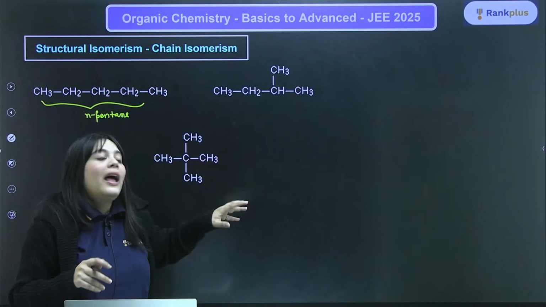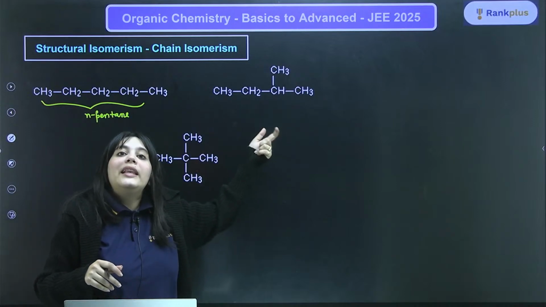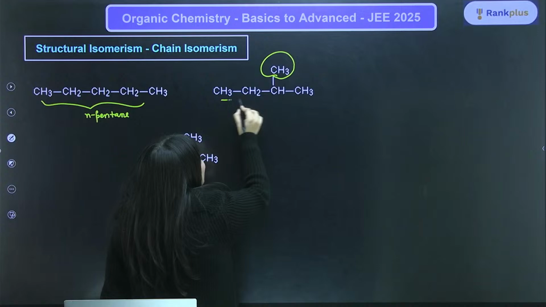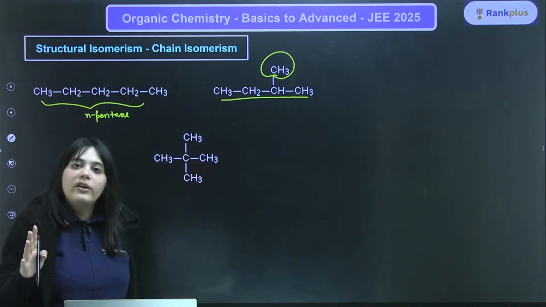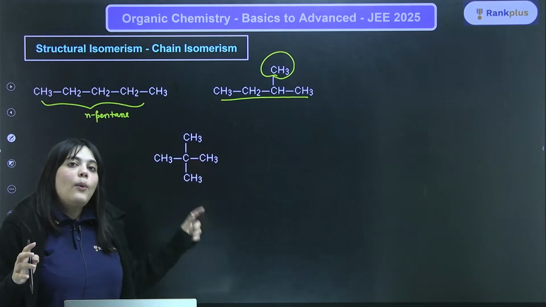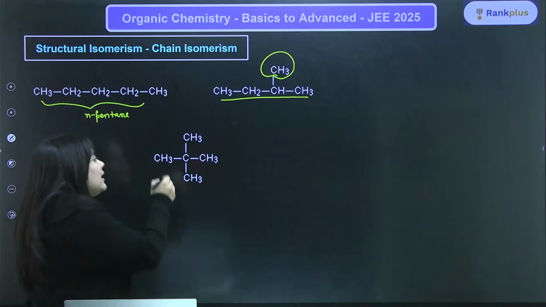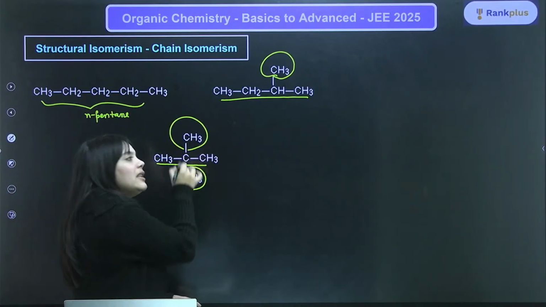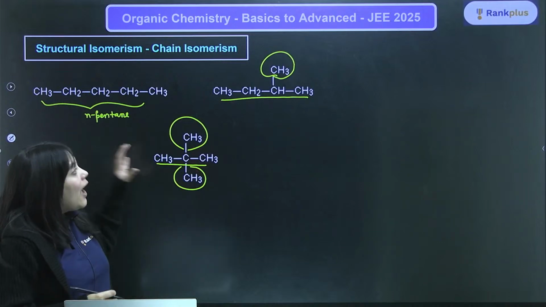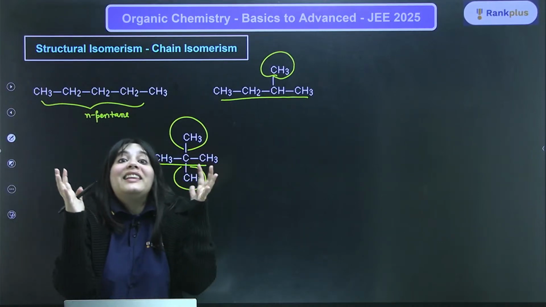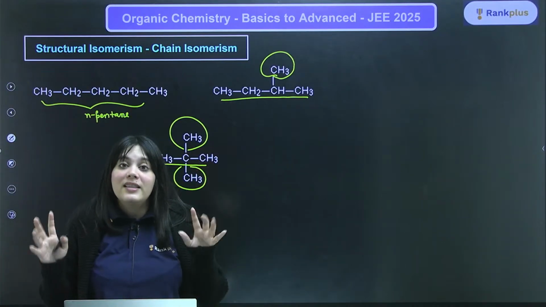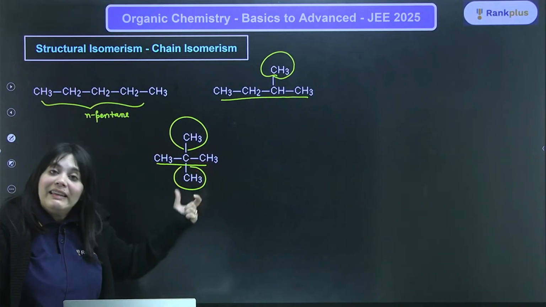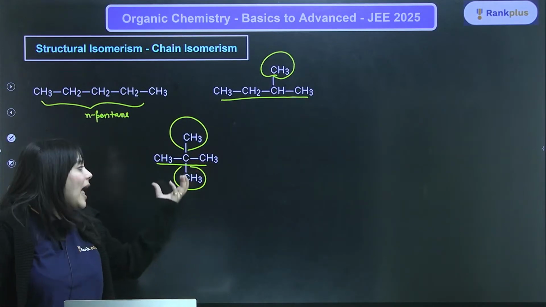Now what if I keep on reducing the length of the chain and adding branches? Now the length of the straight chain is 4 carbons and there is 1 branch. Now what did I do next? I reduced the length even further and added 2 branches over here. Can everyone see these 2 branches? Now I'm reducing the length of the chain. So these are called chain isomers, where you are reducing or increasing the length of the chain and adding